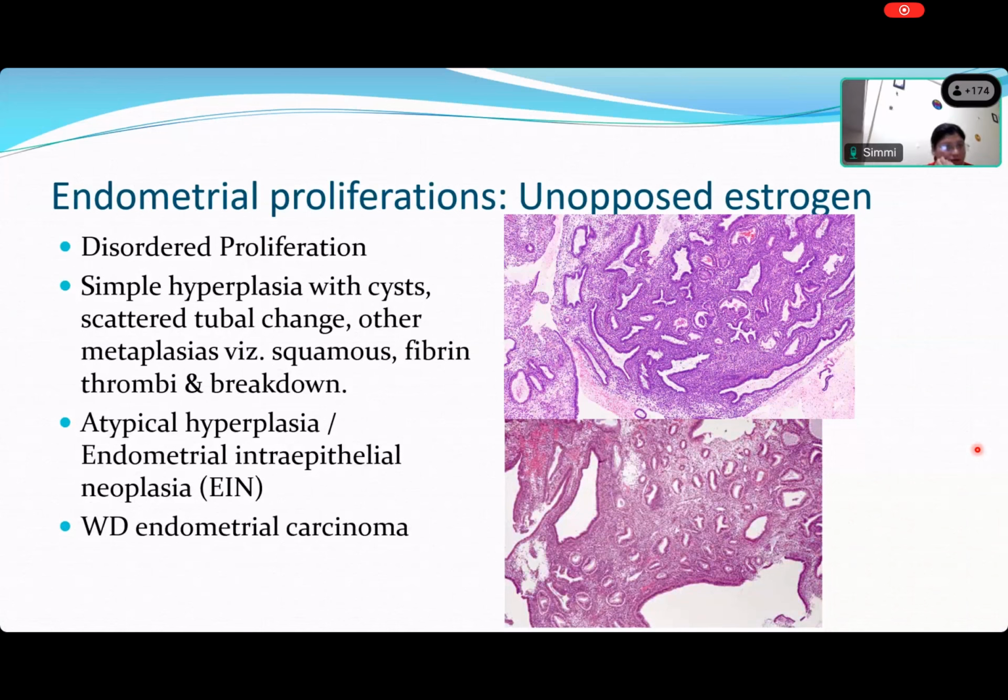When only the effect of estrogen is there on the endometrium, and there is absence of or reduced amount of progesterone. Yeah, so that means that between one menstrual cycle and the next round of bleeding, or between 2 menstrual cycles when there is bleeding, there has been just estrogen acting on the endometrium. Okay, normally we expect that you have estrogen, and then estrogen is followed by progesterone, and that is what we call opposition. Okay, so estrogen is opposed by progesterone. And what do we mean by opposed?